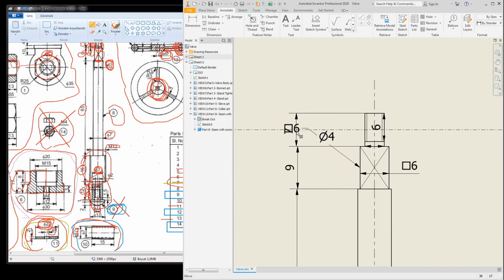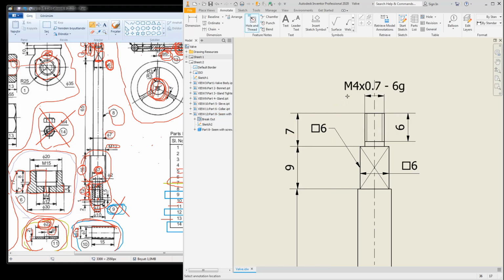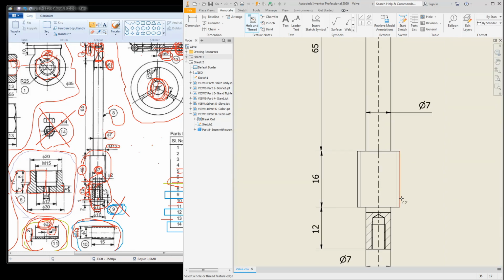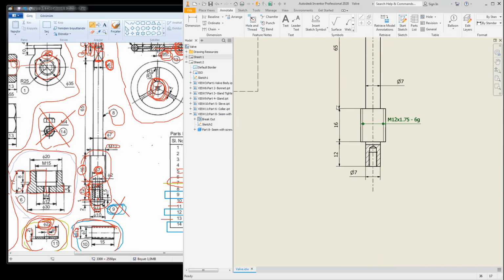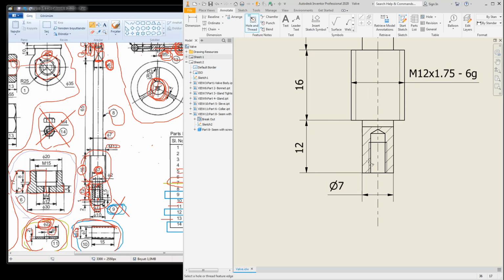Again, we have 4mm, and I'm not interested in this 4mm. And at this point, I have a threaded length, which is metric 4mm first of all. Then I will have another threaded dimension at this point, which is 12. Also, I have another,